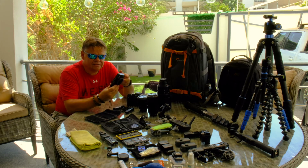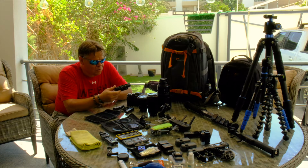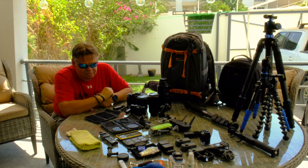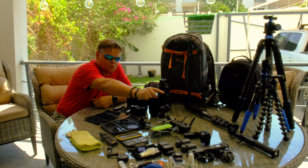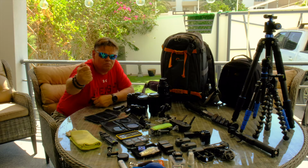So that's a great camera, great for surveys, but also great if I'm going to places where I don't want to carry all of this. This is a great camera to take. So that's spot on. We've then got the DJI Pocket, which is normally my vlogging mic when I'm walking and that sort of thing,